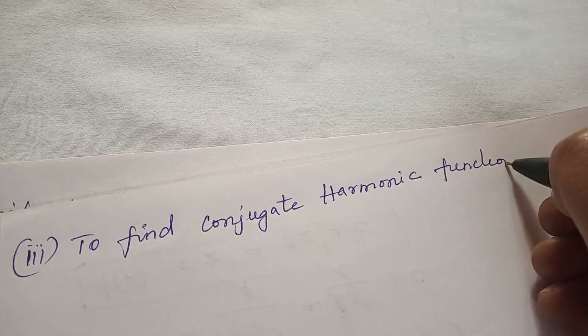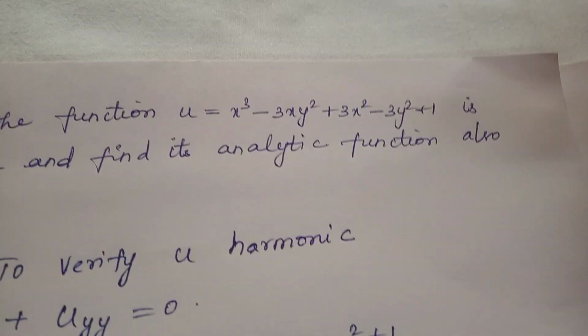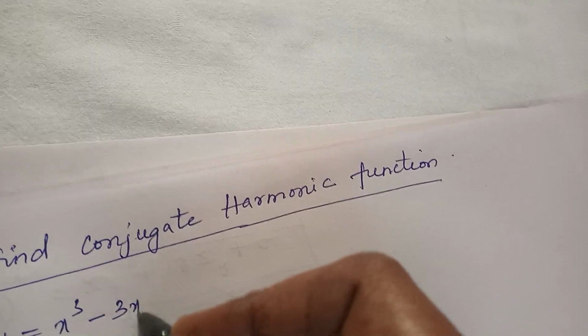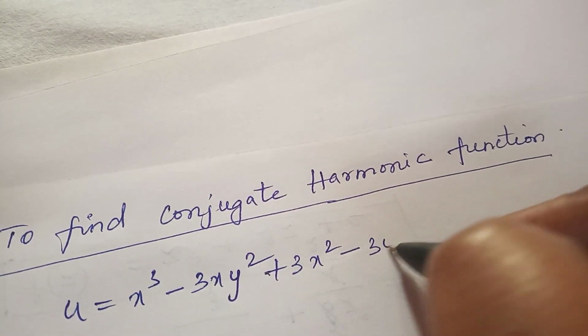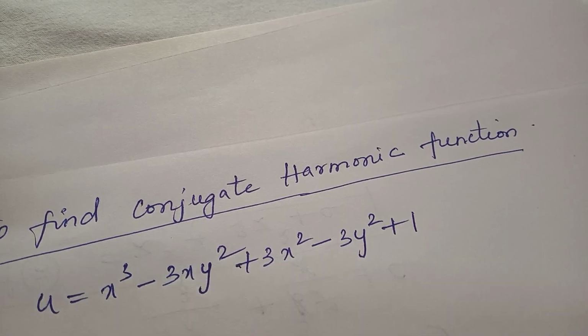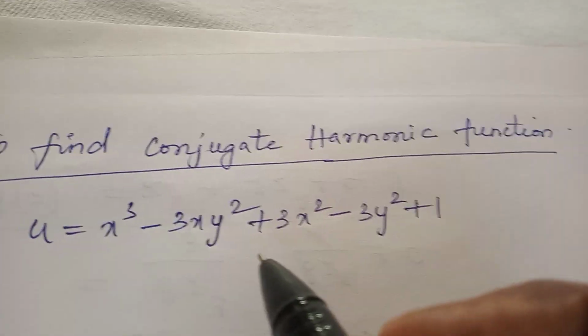And the question here is u equals x cube minus 3xy square plus 3x square minus 3y square plus 1. So this is my question. I have written it, and to find the harmonic conjugate,